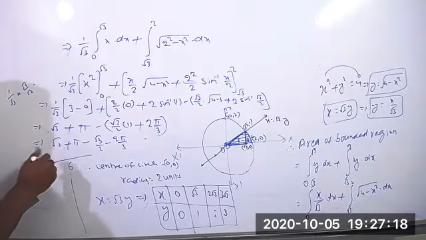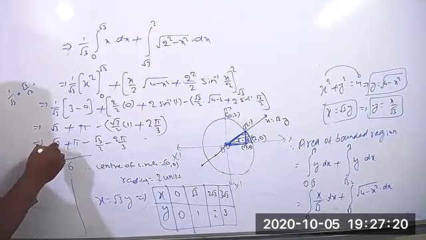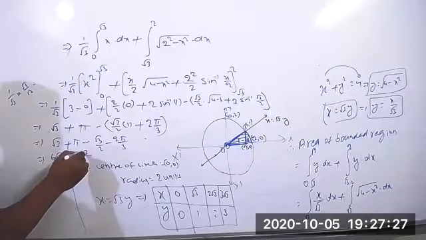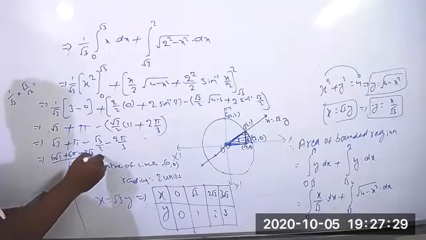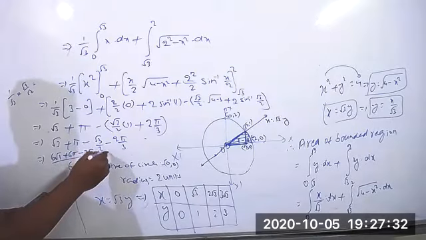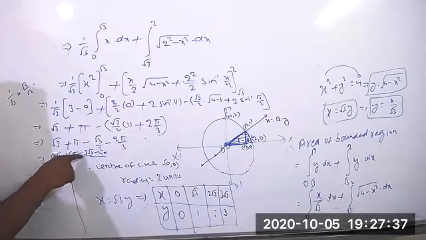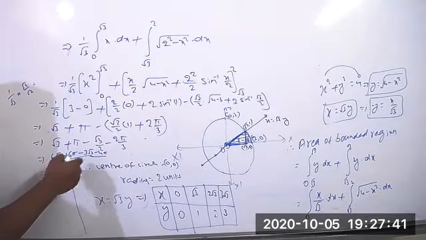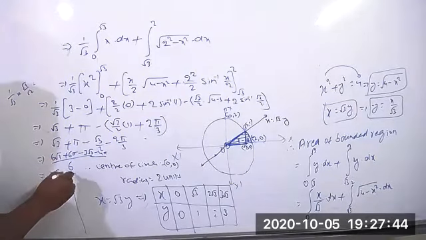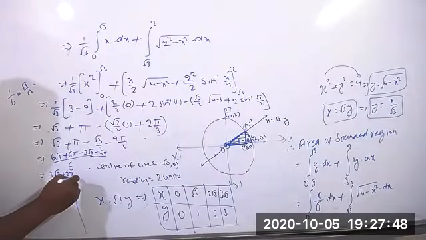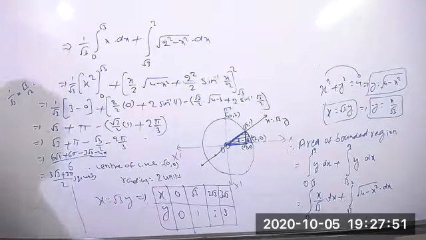So clearly we can write now 6 root 3 plus 6 pi minus 3 root 3 minus 4 pi. And take the difference here: 6 root 3 minus 3 root 3 equal to 3 root 3, 6 pi minus 4 pi equal to plus 2 pi, whole by 2 square units is the area of the